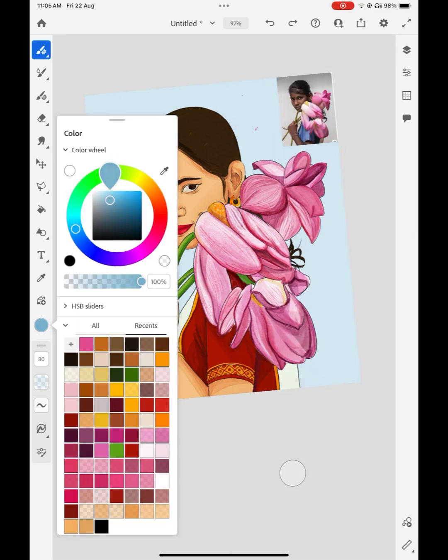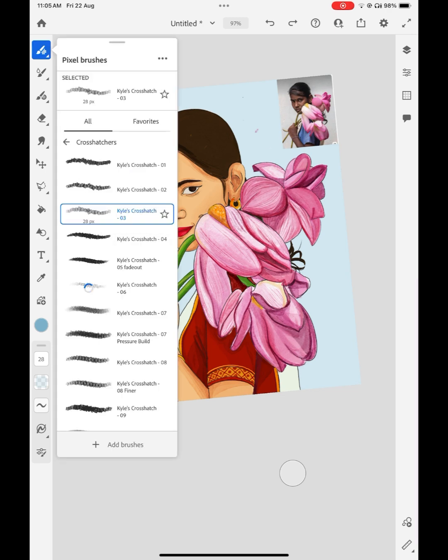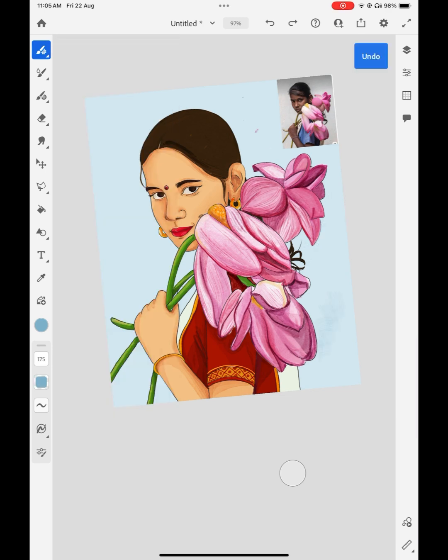I personally loved the cross hatching style. I liked how the texture looked, and here we have used this brush for the rest of the painting of the background, and here we go with the final